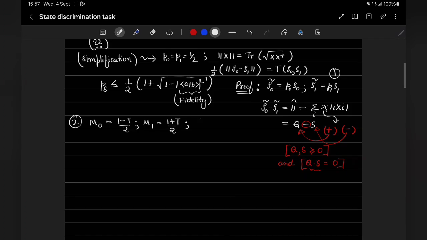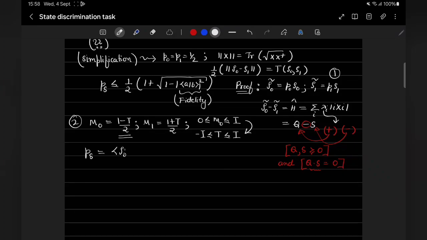And here I know that m0 satisfies this constraint, m1 also similarly. So this means that t satisfies this particular constraint. This you can check easily by putting m0 as this expression here. So this is just a redefinition of variables, and with this PS is given by